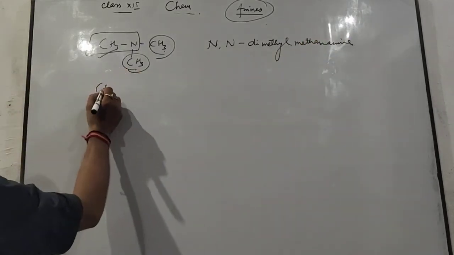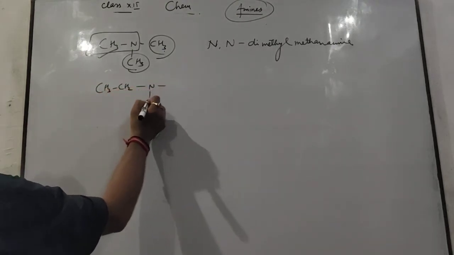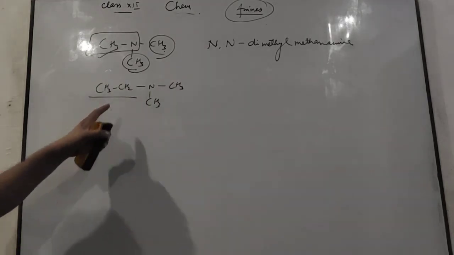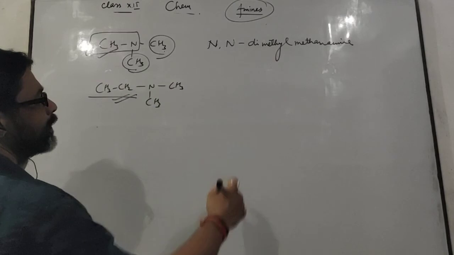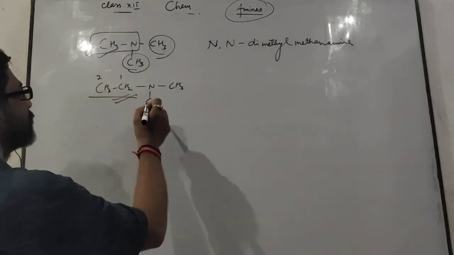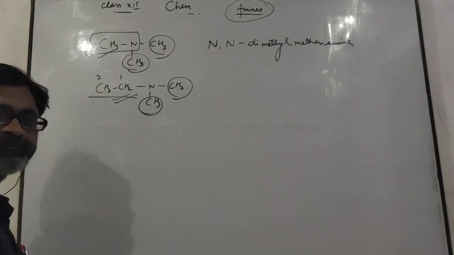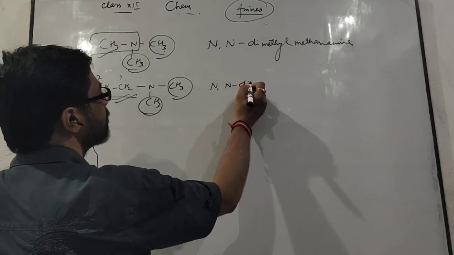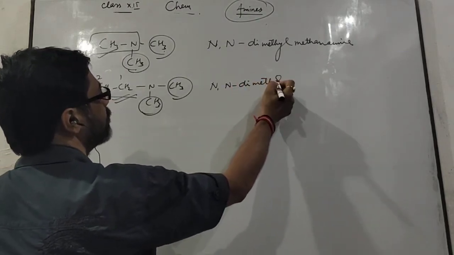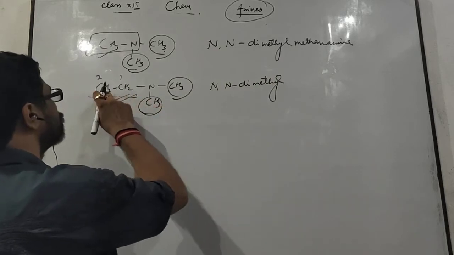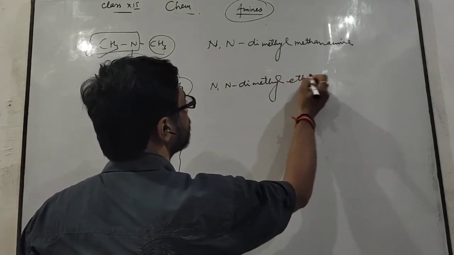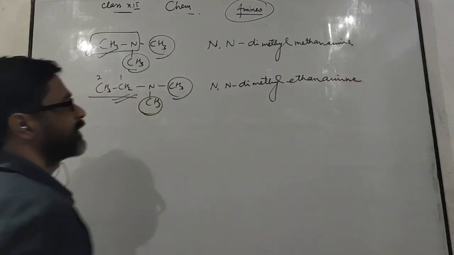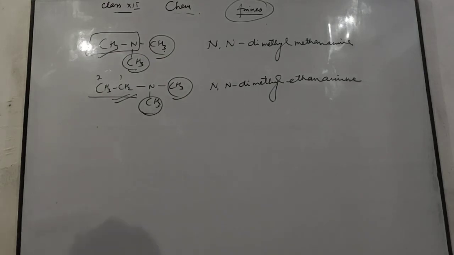Okay. Take one more example like this. It becomes clear from this example. Here 2 carbon atoms are present. Hence you write this one as word root for 2 carbon atoms, and these are smaller carbon atoms, one carbon, hence they are written as side chain. Means its name becomes N, N-dimethyl, and for 2 carbon atoms you write ethane, and for NH you add amine. Means its name becomes N, N-dimethyl ethanamine.